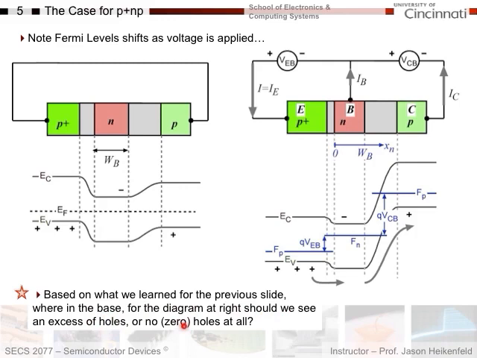Well, if this is forward biased on this side of the emitter base here, that means I'm building up an excess of holes here. I'm bringing over holes, and they're going to build up an excess at the left side. Now, the base collector is reverse biased, right? So based on the previous slide, we said that the concentration on this side will drop to zero. So there will be